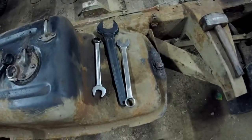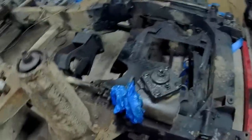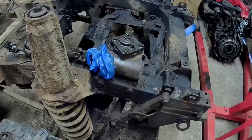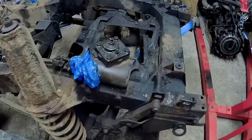Right, and after that it'll be the steering box. The next thing to go, and that's going to be a complete bastard as usual, all depending on what the ball joint on the drop arm's like. Sometimes they disconnect really easily, and other times they can be complete and utter bastards that never want to let go ever. That will be next,